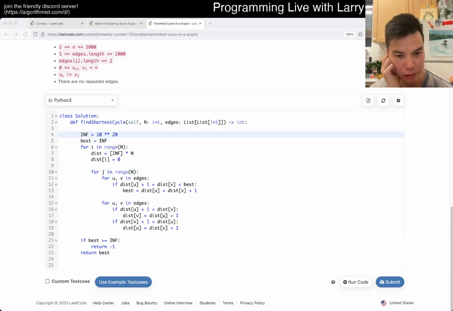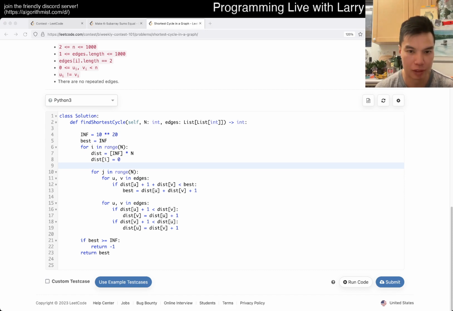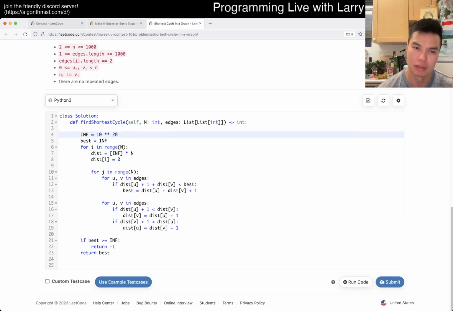I could do Bellman Ford, but maybe I could try Dijkstra. I forgot about this factor for some reason. I feel like I think this works for one thing, but